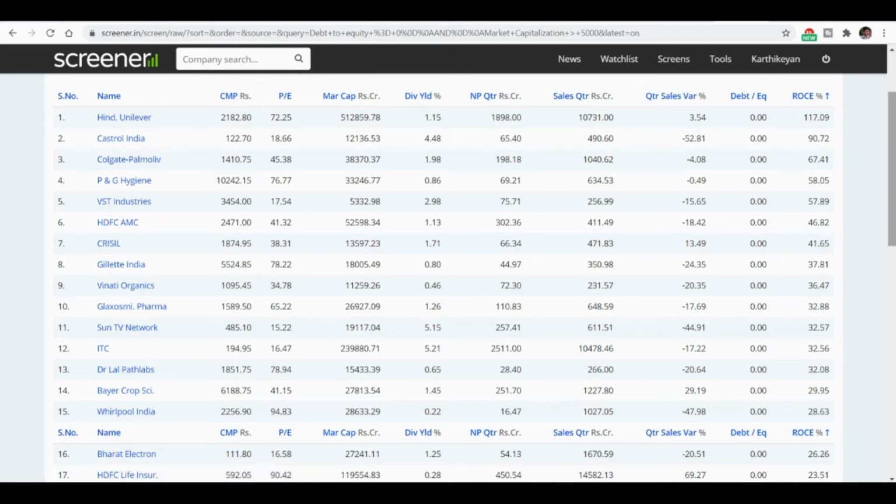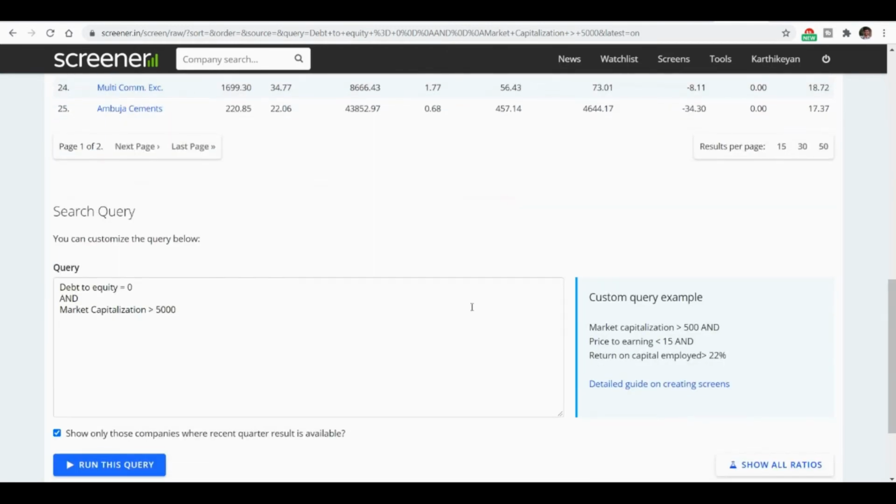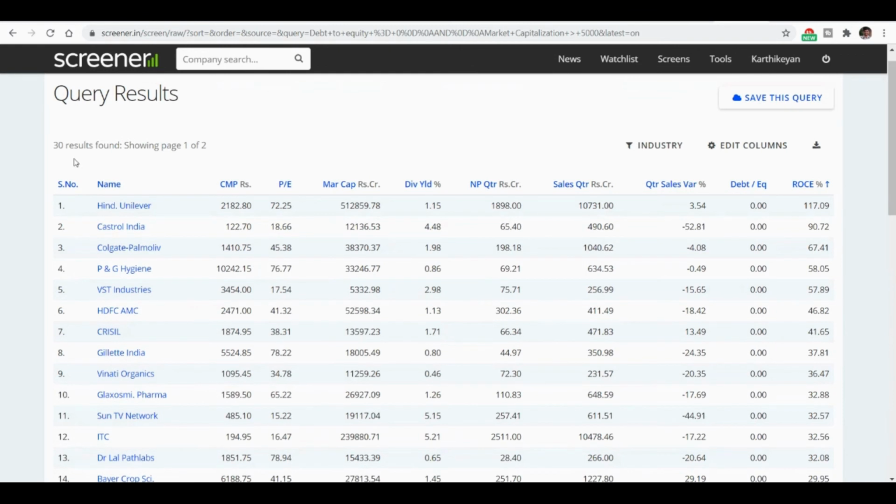Here I just gave two conditions. We can also use some more conditions to filter, like I said. We will see those in the next videos. So I hope you got a clear idea how we filter from the 300 companies down to 30 companies. This is how we need to use the filter. You can also save your queries. If you have any specific screens that you want to apply, you can save them.